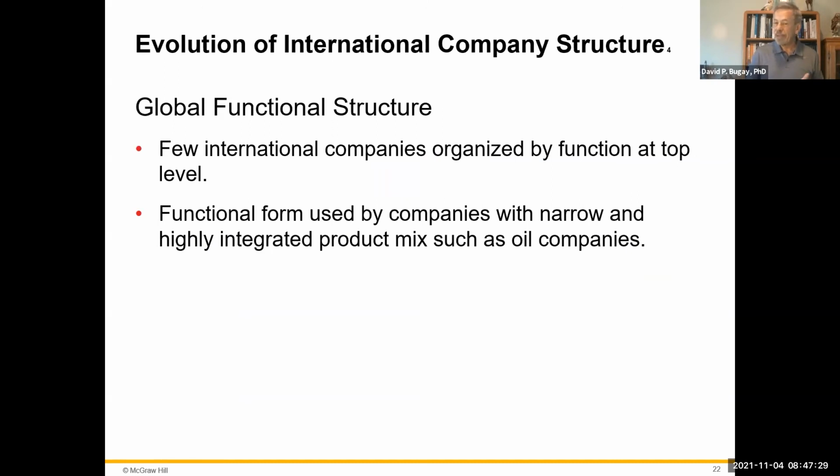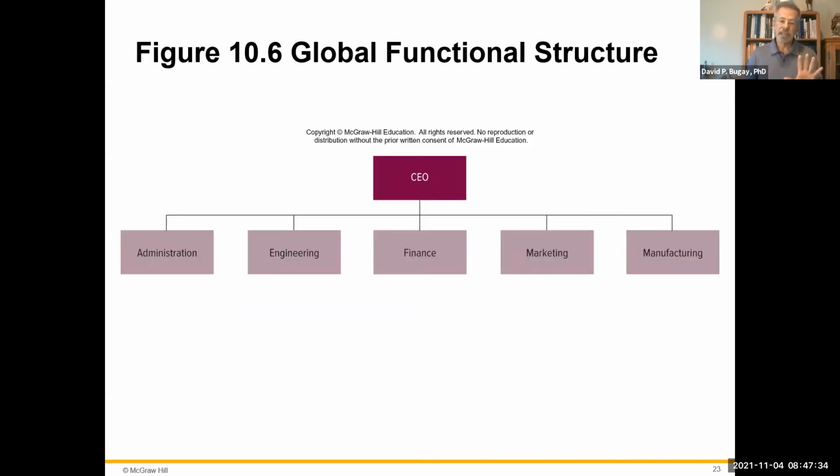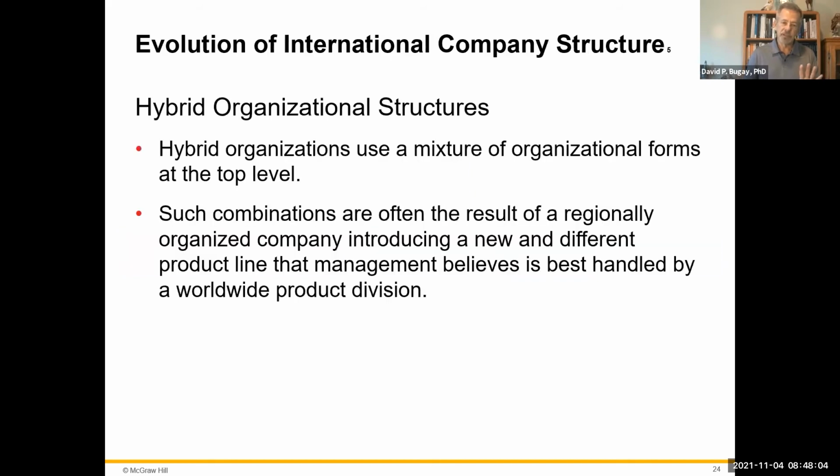A functional structure makes sense. But then you start getting involved in centralization, and you may lose that connection with the individual customer that you often need to have, which the geographical one really helps you sit down and focus in and grab the customers in that specific region as you go through the process. So that being said, you may have administration over here, engineering here, finance over here. You will have that anyway, either on a corporate-wide level, or you're going to have it also in the regional level as you go through, but it just depends how it's set up.